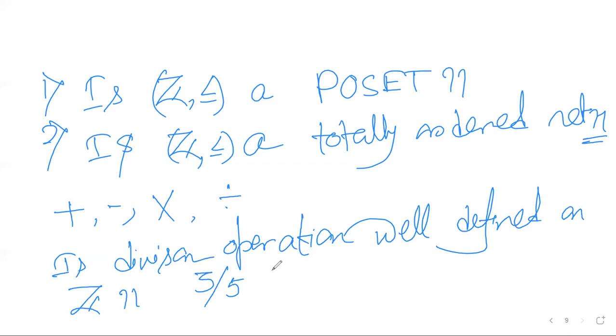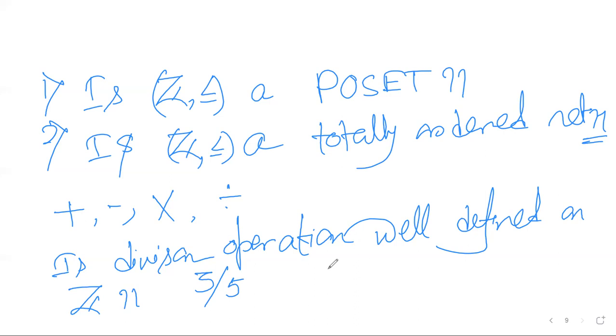Well defined means if I take two elements from Z and do the operation on those two elements, and in the result I get an integer, then it is well defined, otherwise not. That is the sense of well-definedness here. So 3/5 is not an integer, that is why division is not a well defined operation. Previously we saw that subtraction is the base for the construction of Z. So division is the base for the construction of Q.